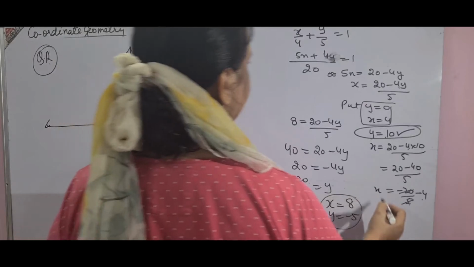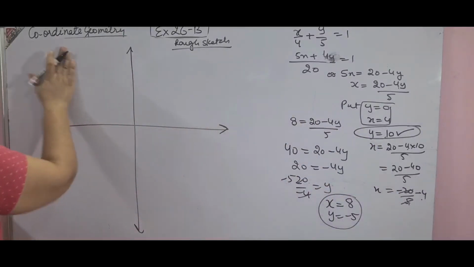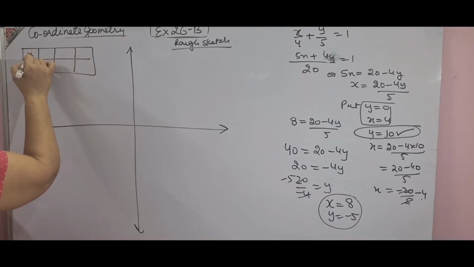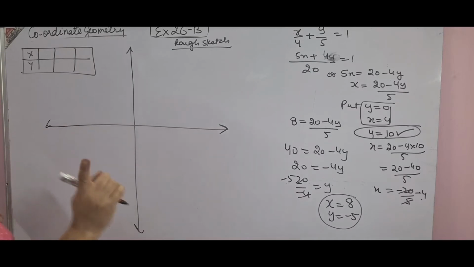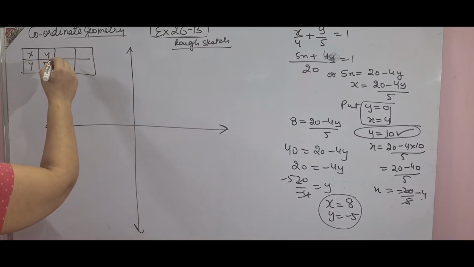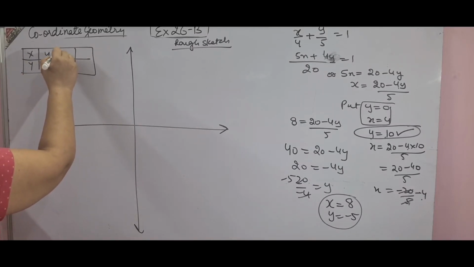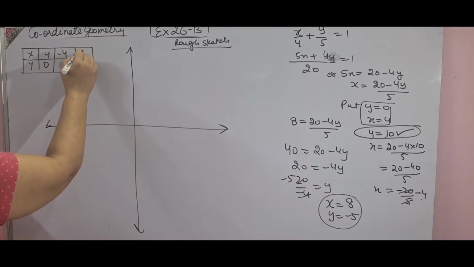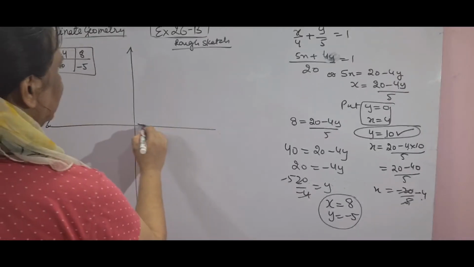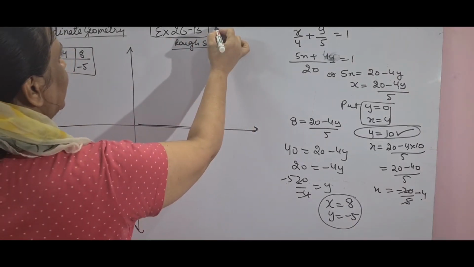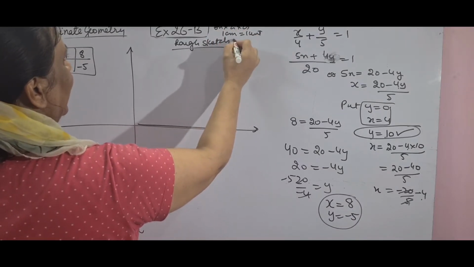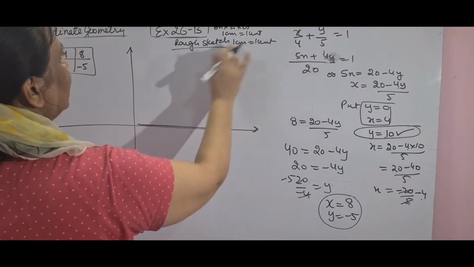Got 3 values. I'll make a table here, as I have told you to make the table, because they carry marks on the left side and top, not at the lower end. I'll cut your marks if you do it at the lower end. Top means top. x 4, y 0. Then of course y was 10, x is minus 4. Then x was 8 and y was minus 5. This is your question. Accordingly I will construct it. Since the scale has not been given, you write here on x-axis 1 centimeter is equal to 1 unit. On y-axis 1 centimeter is equal to 1 unit, as it carries marks.